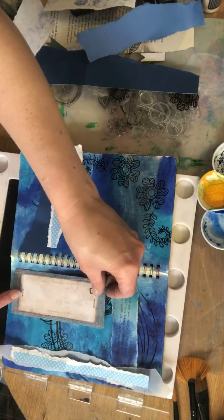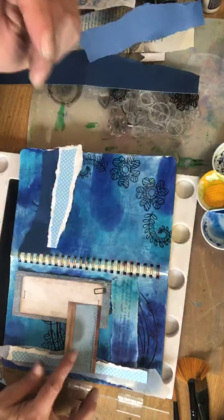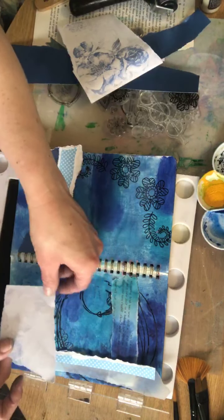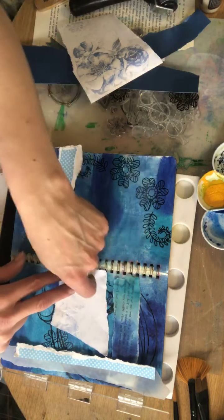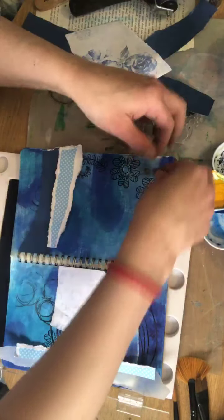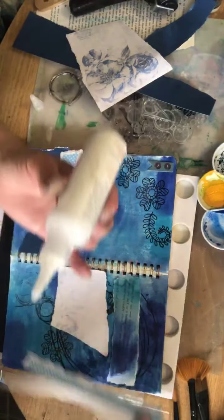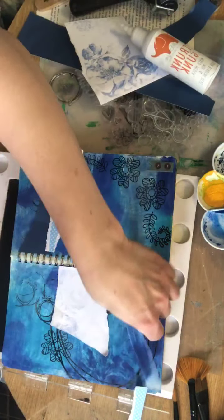Then I've got some other pieces of journals paper. I'm not sure about that yet. I just don't know. Let's have a look. Oh yeah, that works good there. Yeah, I'm happy with that. And then we can do some stamping on top of that. Right, so let's glue this down. Remember, if you are using vellum,